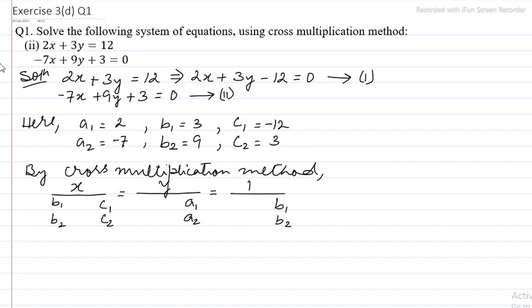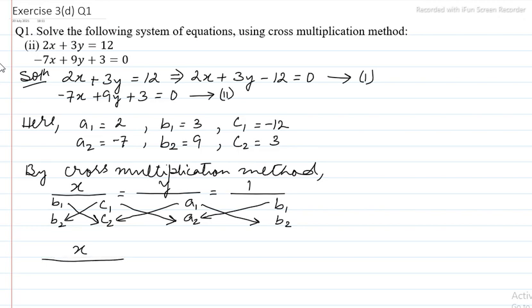So we have to cross multiply. So we are going to apply this formula to find the values of x and y from the two equations. Now we only have to substitute, so this implies the value of x, now from the above equation,